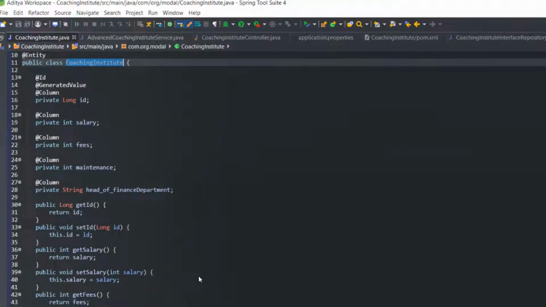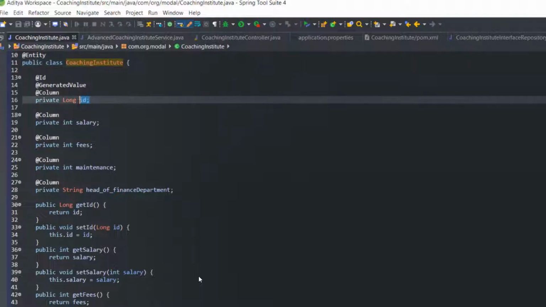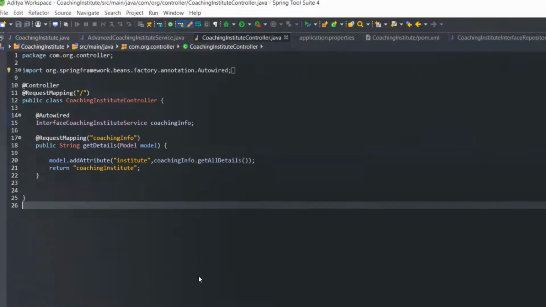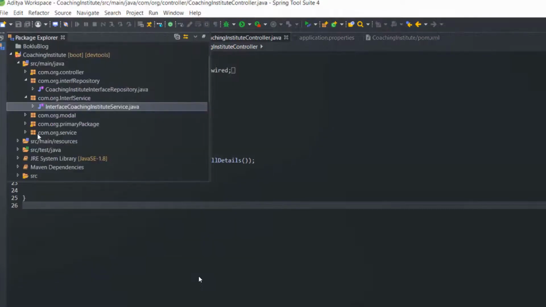Now you can see that getBy, and here the primary key ID is given. This ID is in capital letters. So if you want to access the data getBySalary, then you can do that. Salary will have a capital S. If you want the data getByFees, you can write it like this: getBy, F will be the capital letter, getByFees. Like that we can do.